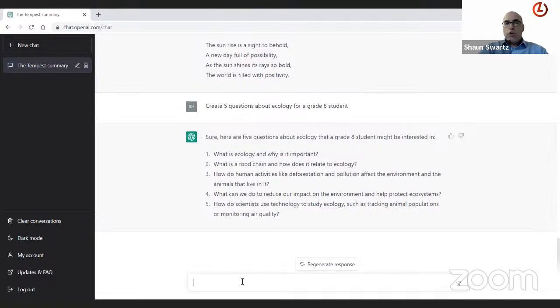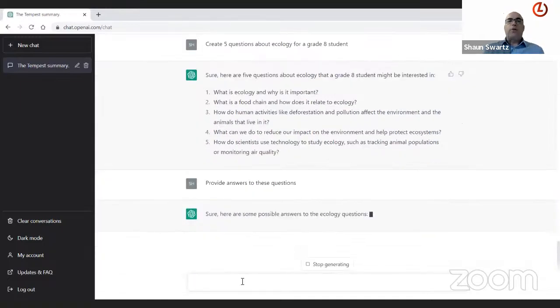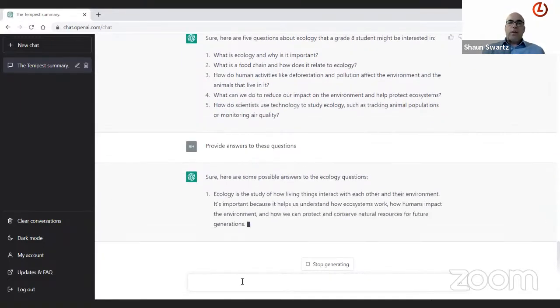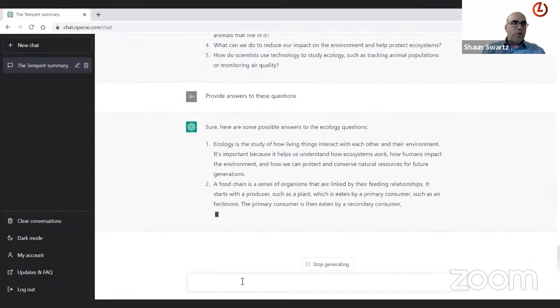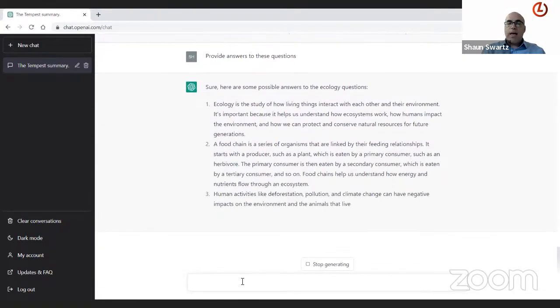But to show you how you can continue and use it further, you could actually say, provide answers to these questions. So you don't only have to ask the questions, it can even write the answers for you. And you can use these as model answers, or you can adapt them slightly.